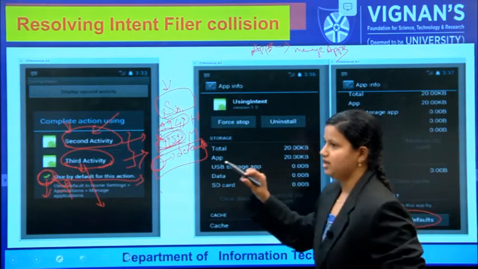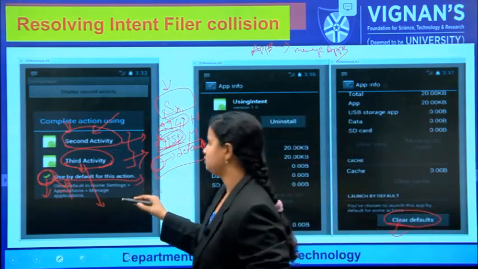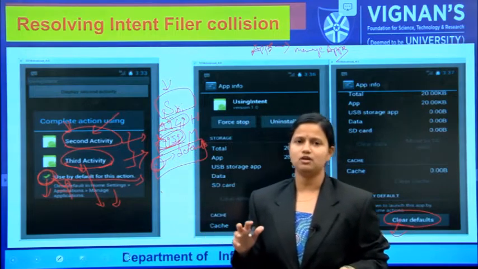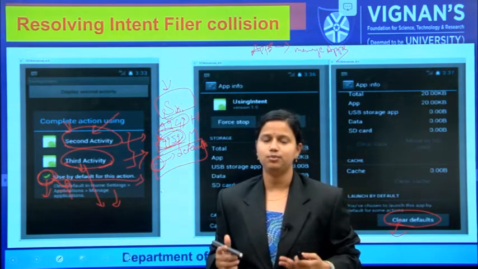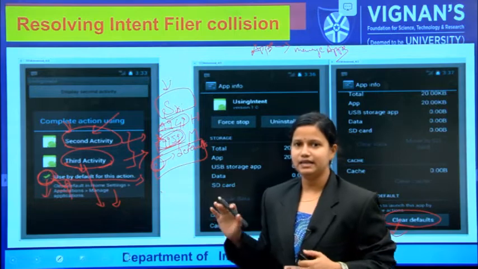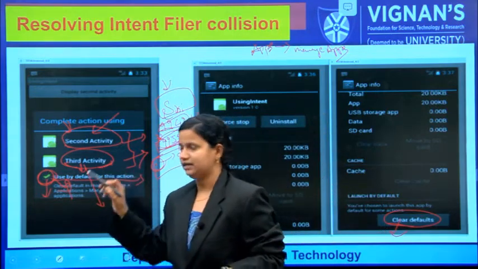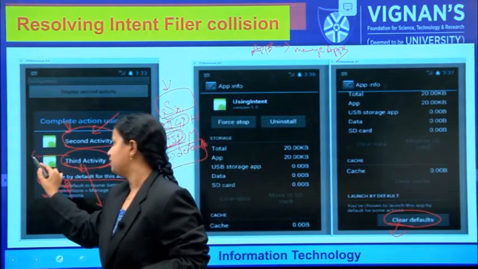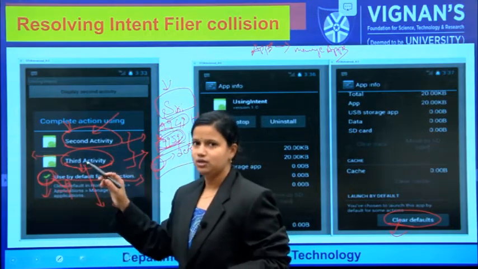If you set a default, what is the use? It will not ask the user multiple times. It will directly consider one of the activities based on the user's choice. If the third activity is set as default, it will be loaded.